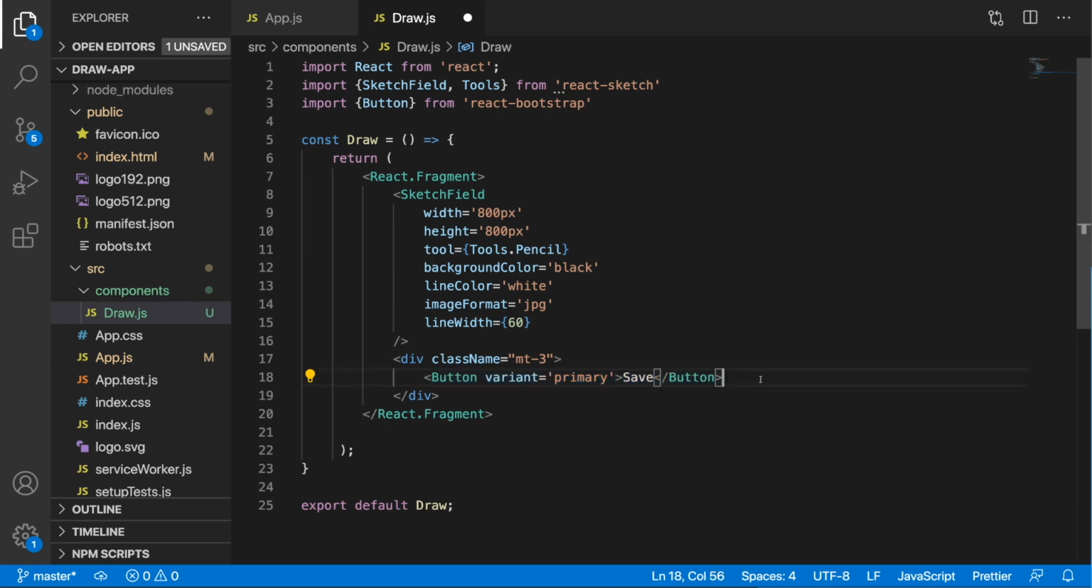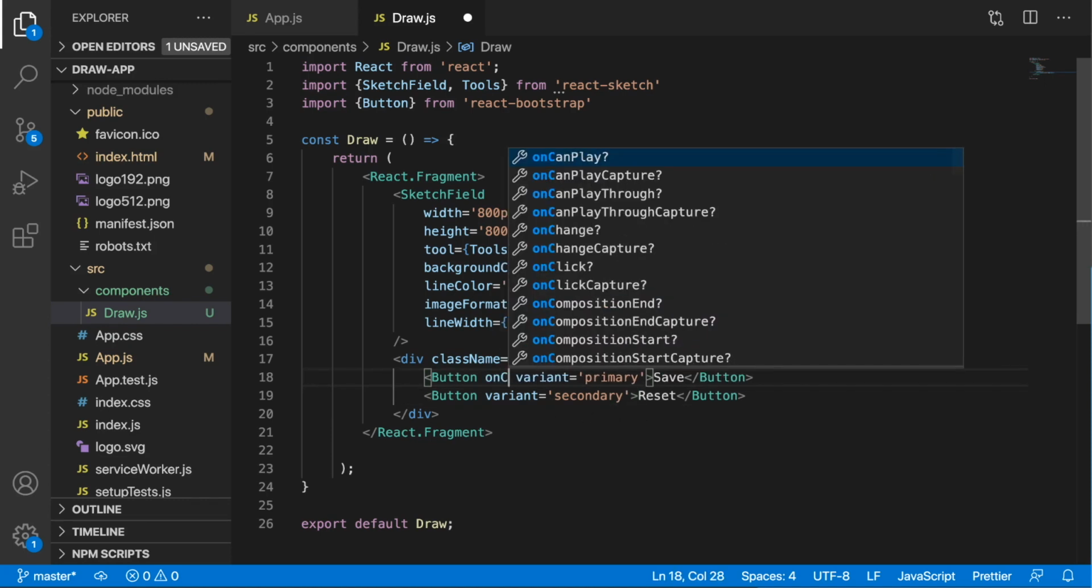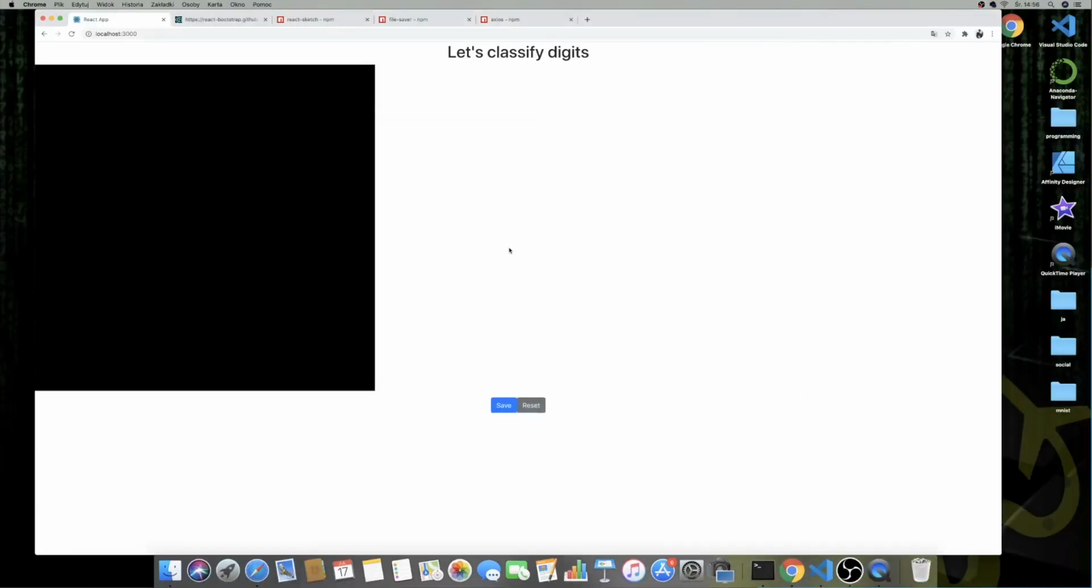And I'm going to copy this and paste it below. So this one won't be saved but reset, and the variant won't be primary but secondary. So this will be a gray button, and we are missing an on-click event. So we will define it just a little bit later. And let me copy this, paste it, save it. Okay, and let's go to the browser, and here are the results. So now we have the save and reset button over here,